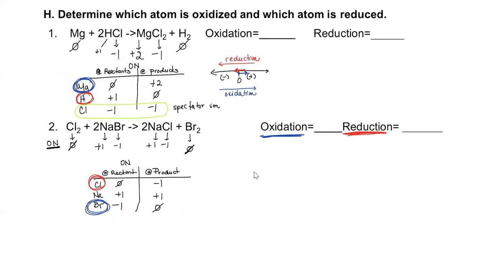Great job. Any questions on oxidation reduction? Or how to determine who gets oxidized and who gets reduced? And remember, the elements that get oxidized and reduced are always in the reactant. So if you had to fill in the blank in terms of words, the answer, for example, for number 1, it will be